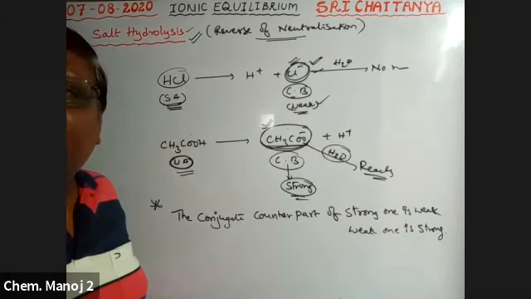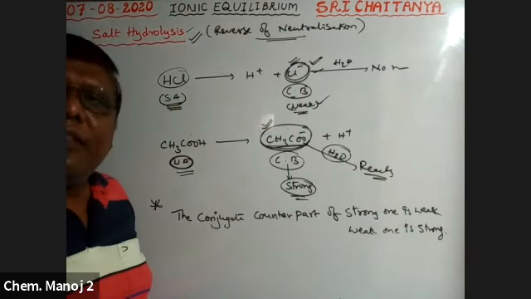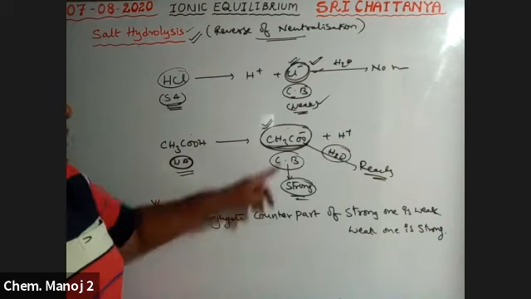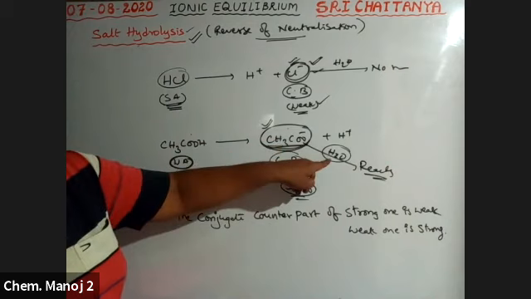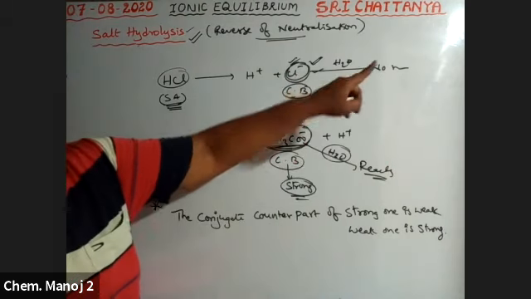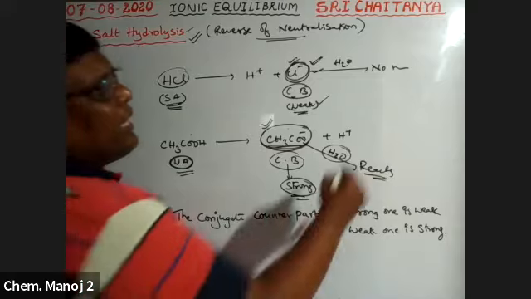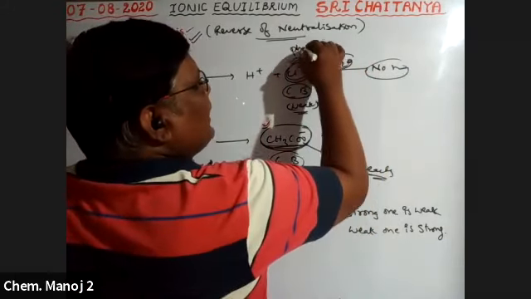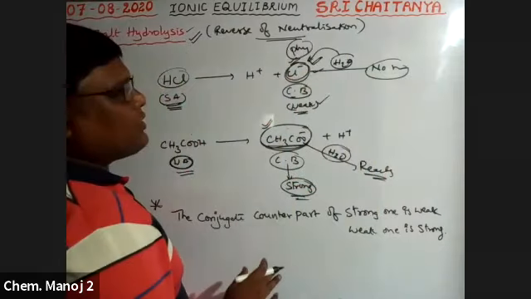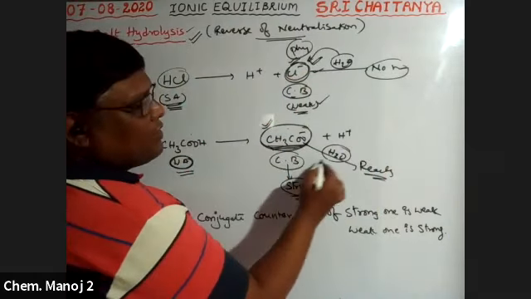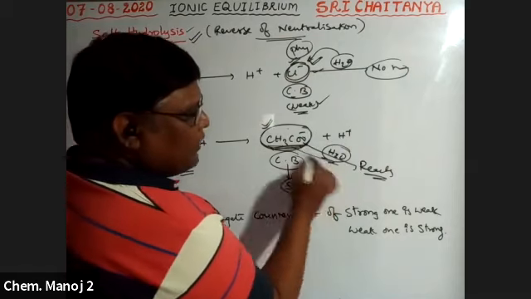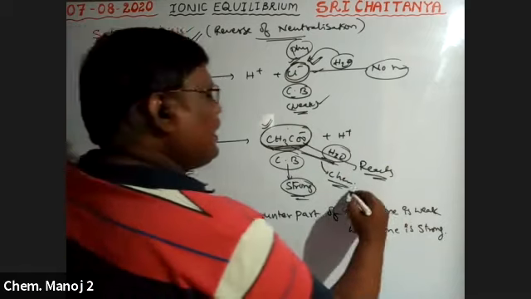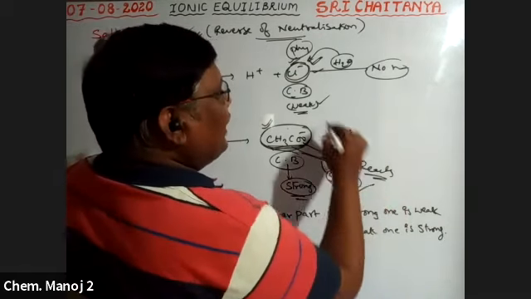That means the ion which is coming from a weak acid is strong. That strong ion reacts with water. So this is the strong ion, that's why it reacts with water. This is the weak ion, which does not react with the water. So here no reaction takes place. That means between water and the Cl minus ion, physical interaction takes place, not chemical reaction. Because it is a strong ion, it reacts with water, that means between these two, chemical interaction takes place, not physical interaction. That means a chemical reaction takes place here.